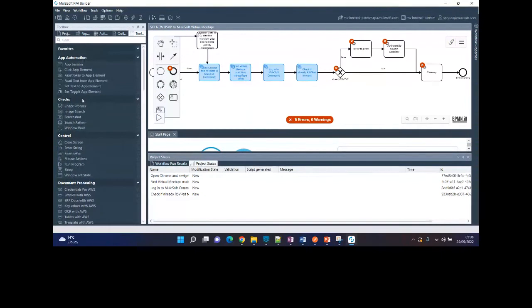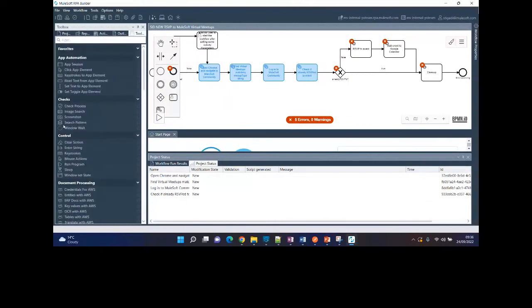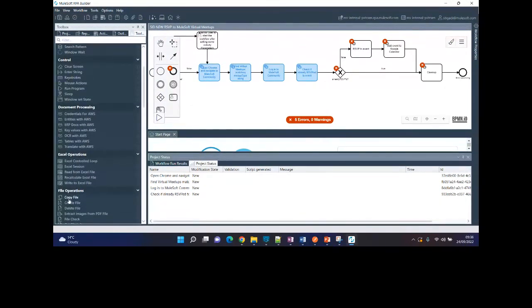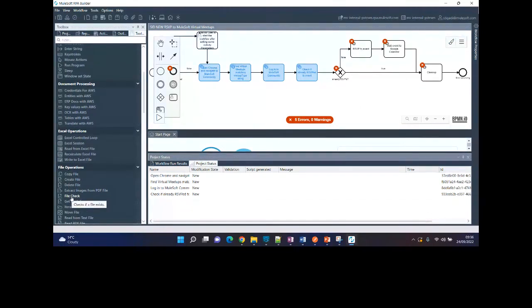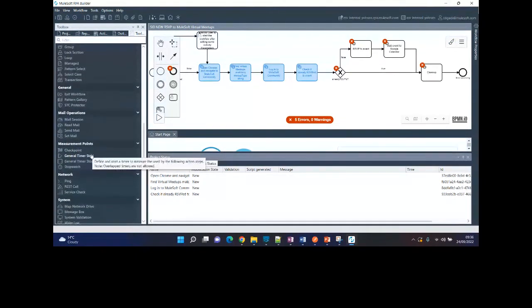And the other option is also, if you're well versed with all these different options here, for example, you can copy a file, you can do a file check, you can delete a file. OCR is a very good one, like OCR with AWS. You can do mail. So there are multiple options available here, so you can do a drag and drop, and you can use those options here to implement your BPMN.